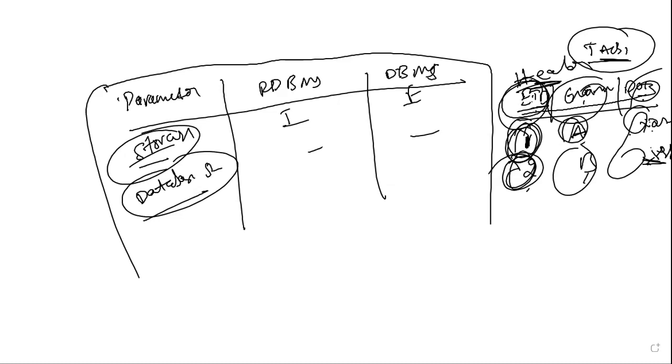So what is not good concurrency? If Tejashwi is using the SBI server, I cannot use it. If I am using the SBI server, Sai cannot use it. So if only a single person can use it at a time, it does not have good concurrency. When one single application is being used by multiple users, it has good concurrency levels. If an application is used by a single person at a time and another person cannot use it, then there is no good concurrency. Is that clear to everybody?